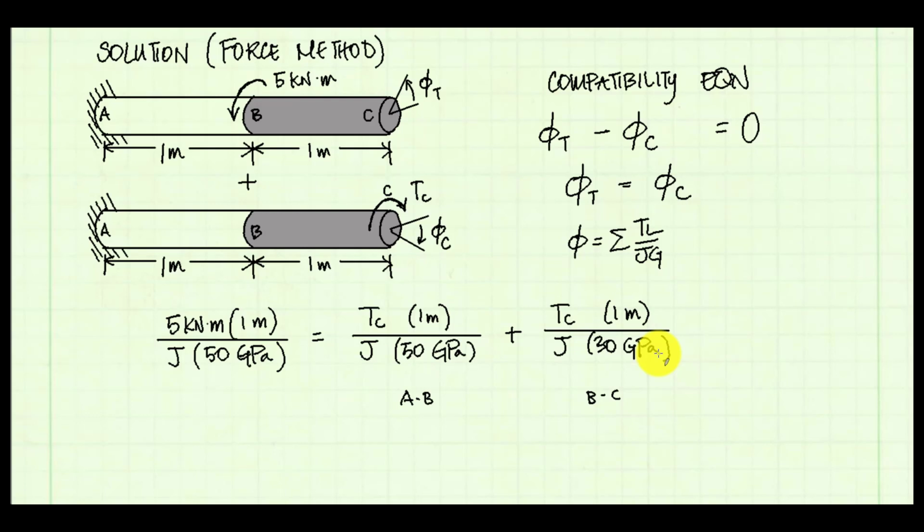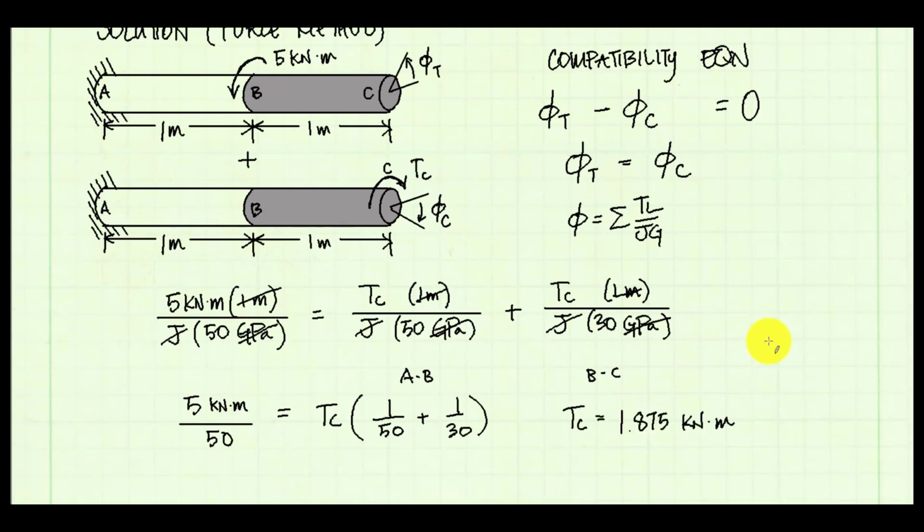Notice my mixed units. In the case of this compatibility equation, mixing the units is not a big deal because all of the units cancel out. Gigapascals cancel out. The 1 meter cancels out. J is the same in all three terms. It cancels out. So I will be able to solve for T sub c, and the units will be kilonewton meters. I simplify my equation, and then in the next step I will solve for T sub c. I find that T sub c is